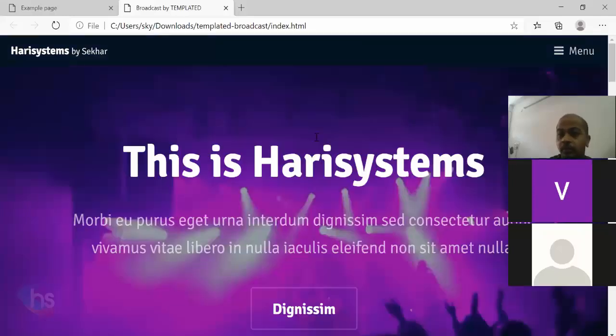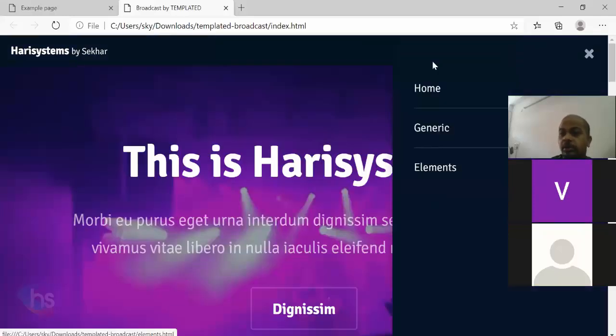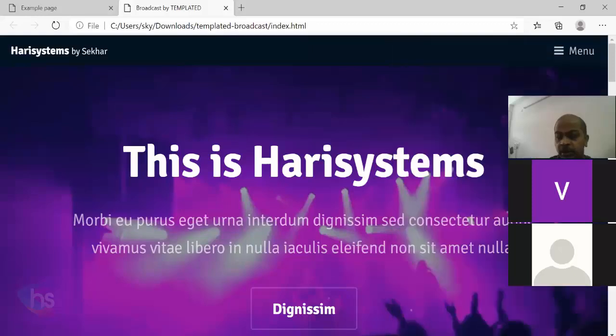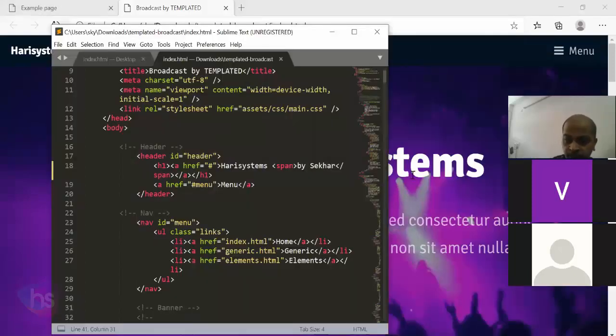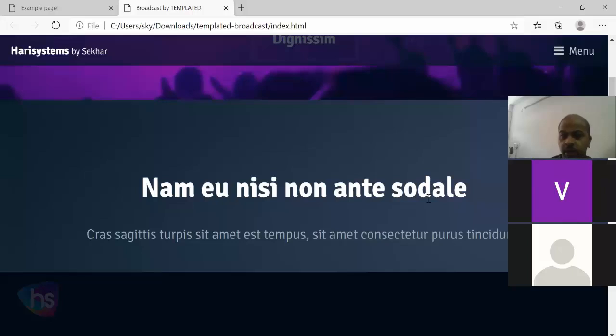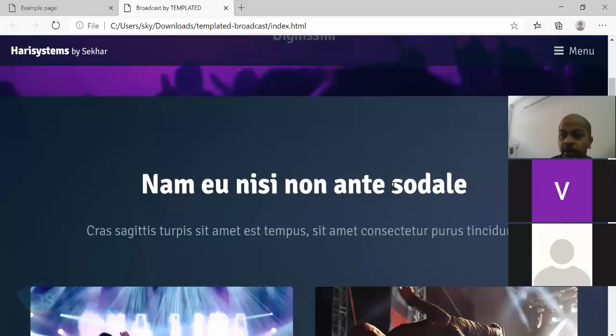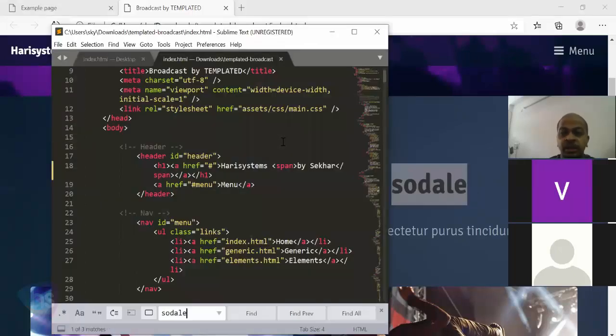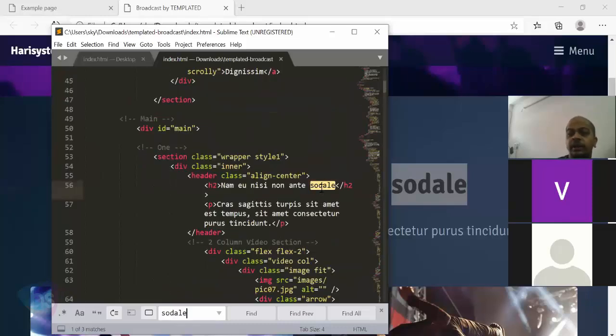All right, this is the menu items. It will come. If you don't want, you can close it. You can make it a customization of your names. Everything will be displayed on this page. A very simple and easy technique I'll also tell you. Something like Sodale is showing here. You just copy it over here on the page and you can search for it in this code. See, it is Sodale, it is fine. Just rename it, save it, reload. That's all.